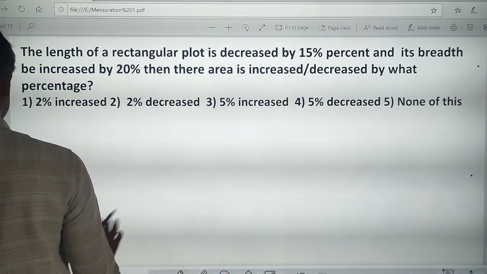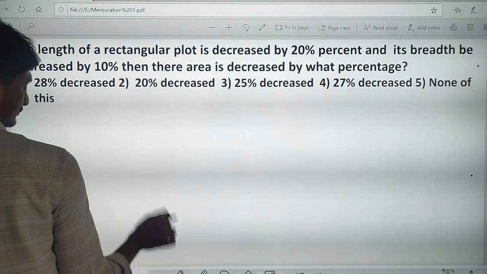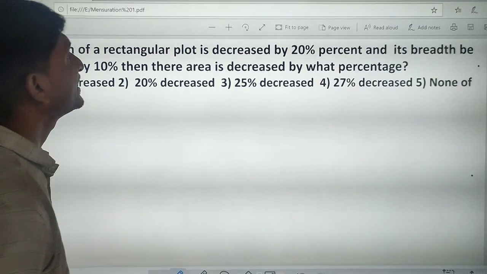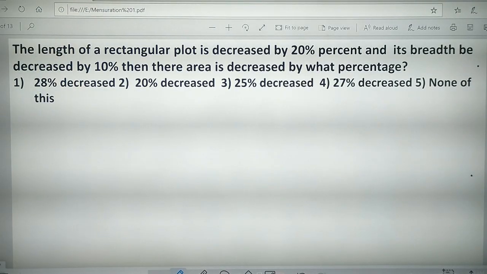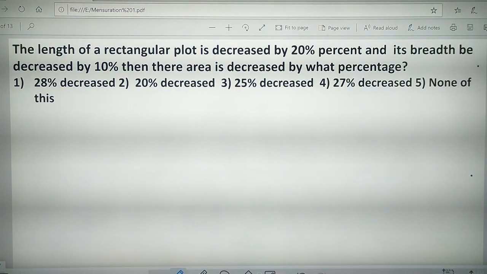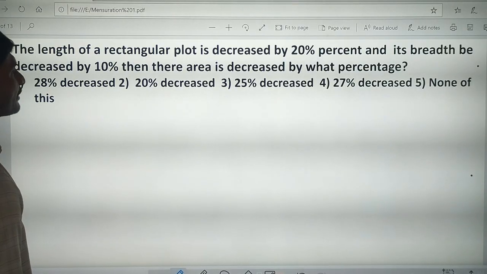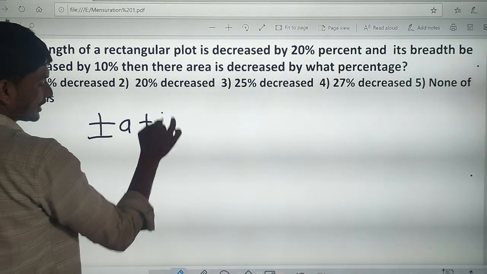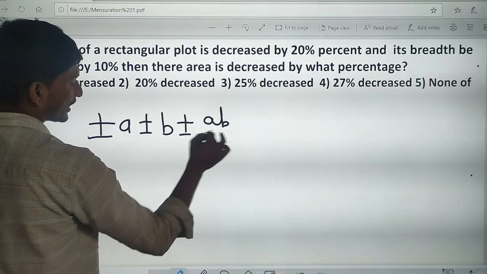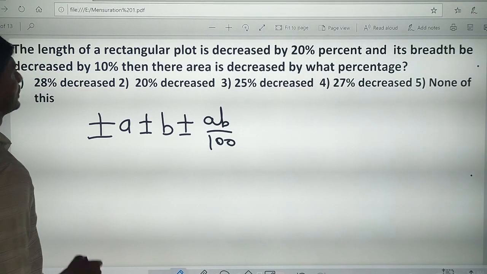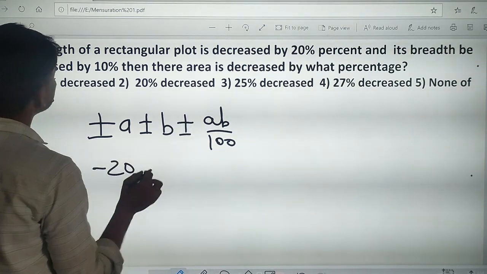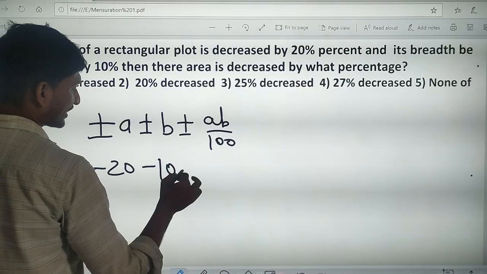Now next, the length of a rectangular plot is decreased by 20% and its breadth is decreased by 10%. Then their area is decreased by what percent? Now here we find by the formula plus minus a plus minus b plus minus ab divided by 100. Your length is decreased by 20% and your breadth is also decreased by 10%. Then minus into minus is plus,